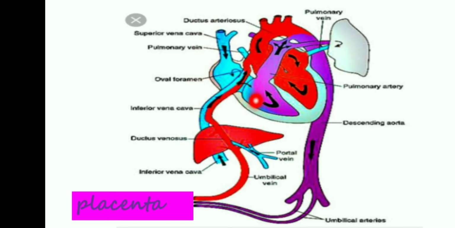Here a small amount of blood enters the lungs through the pulmonary veins from the left atrium. The blood of the left ventricle pumps into the ascending aorta and the arch of the aorta. Whenever the aorta pumps through the ascending aorta, the blood is supplied to the heart, neck, and then the upper extremities.